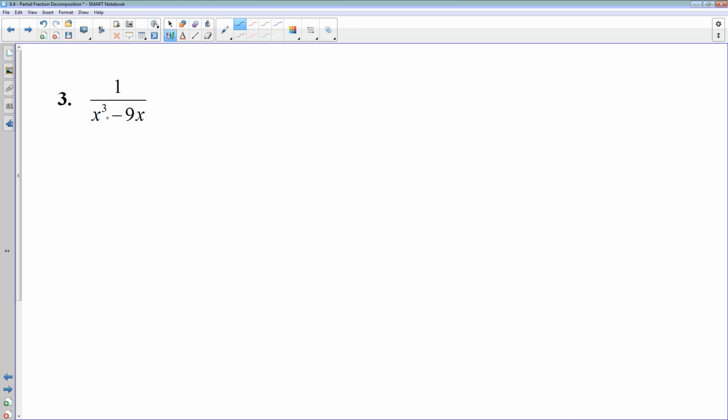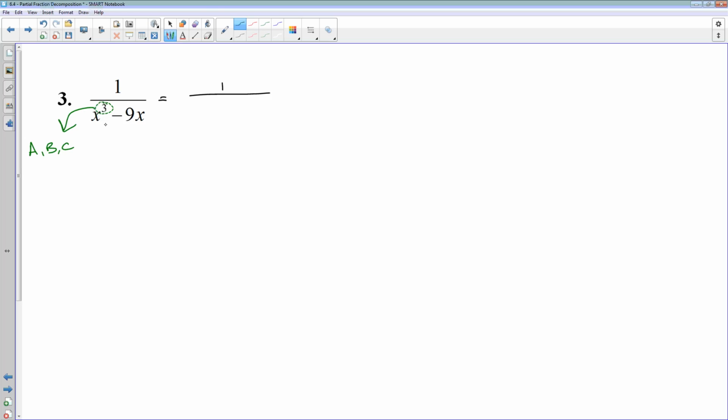Let's see. This one has an x cubed, which we're still going to use the same approach, but since the degree of my denominator is 3, that number actually tells you how many letters you're going to solve for. So for this problem, we're going to need an a, b, and a c. And when you factor this out,